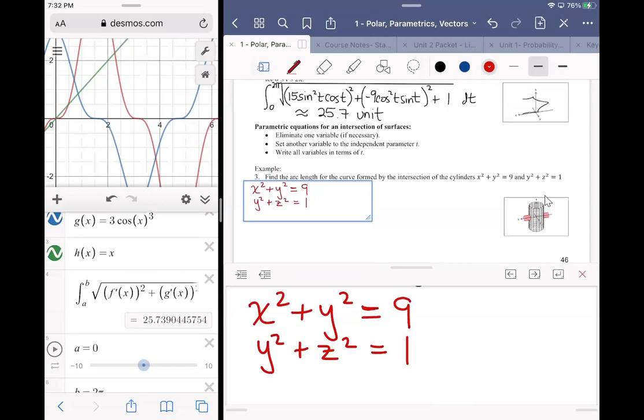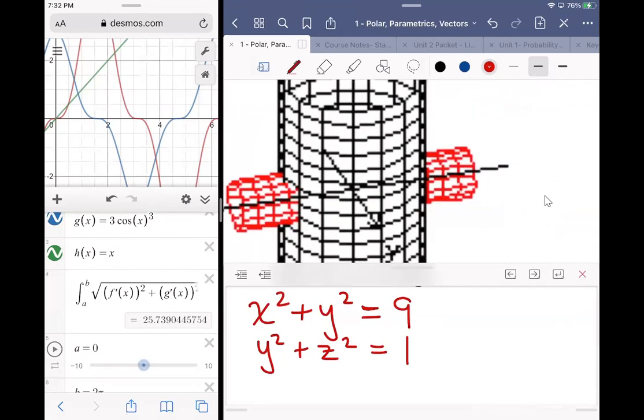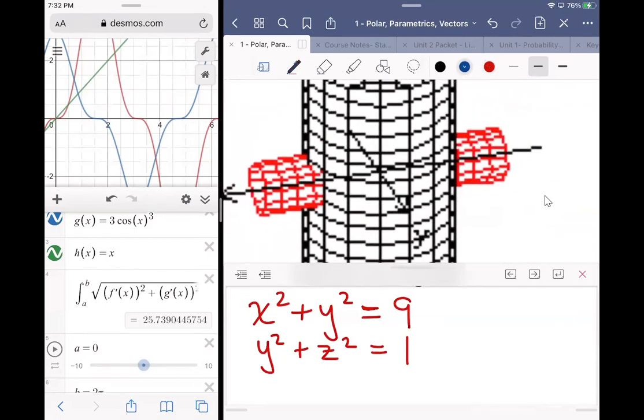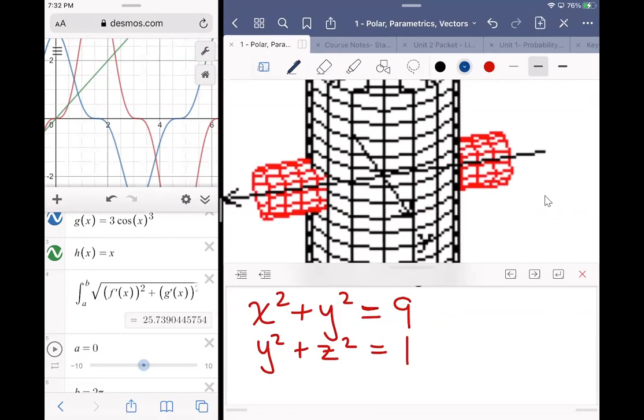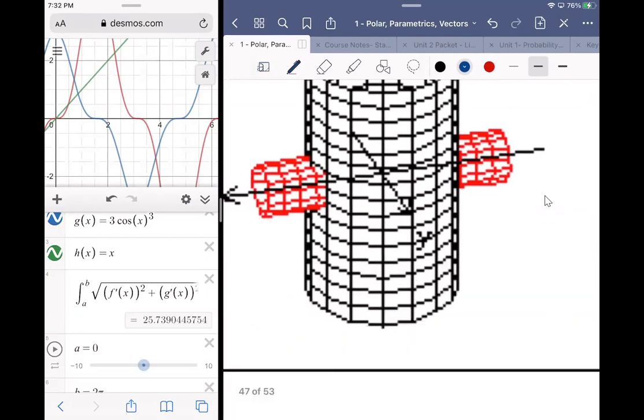I gave you the diagram there because the purpose behind this question isn't to test your ability to visualize the graphs. It's more so to do something with the information that you have. All right. But if we're going to come up with the intersection in 3 dimensions, then it needs to be in the form of parametrics, and that parametric is going to have 3 components. Right. So if you really look at it, I'll zoom in, do a little extreme close-up action here. So the intersection between these 2